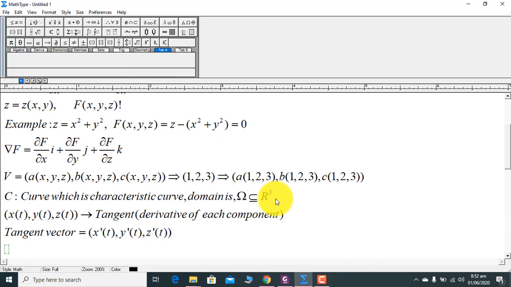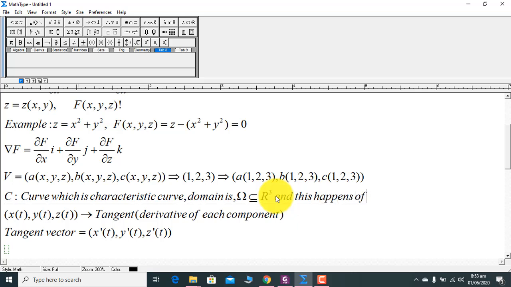Imagine that a curve is also lying in the domain omega, a subset of R cube, and your vector field also has domain omega. If at each point of omega the vector you get from the vector field, A of 1 2 3, B of 1 2 3, C of 1 2 3, is tangent at the same point 1 2 3 to the curve C, and this happens for all points in omega,